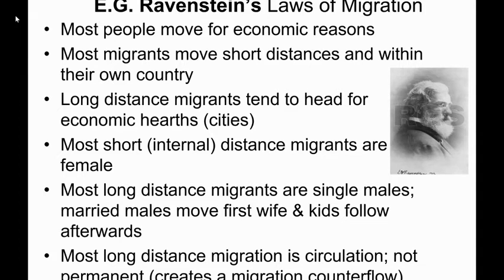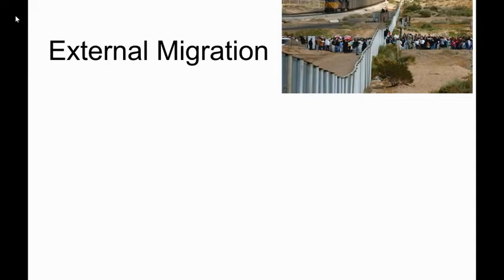And worldwide, right now, the trend, at least for LDCs, is that most migration worldwide is rural to urban. So if you're looking at an LDC, it's rural to urban. Now, if you're talking about MDCs, we've seen a pattern in the last 20, 30 years of urban to suburban. So it's a little bit different in MDCs.